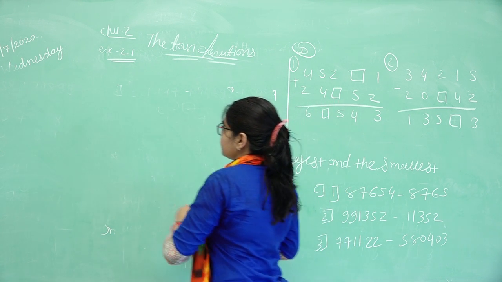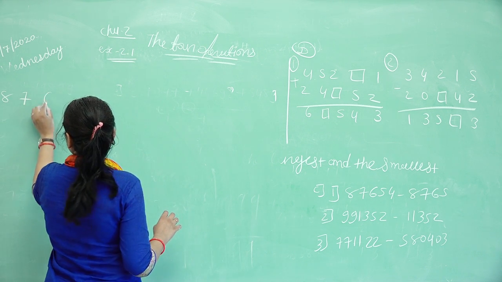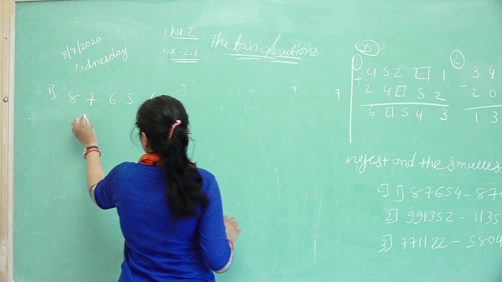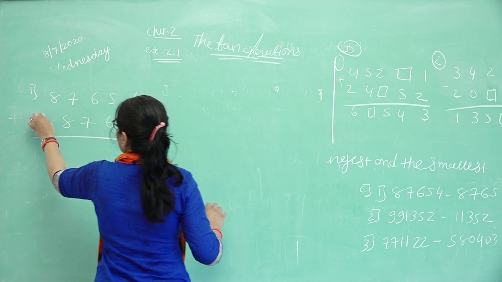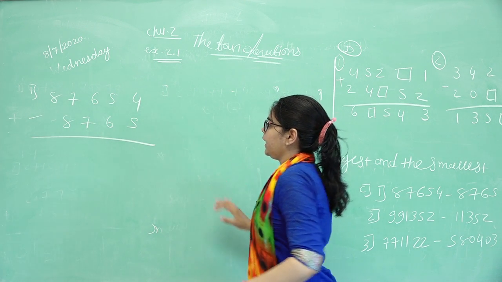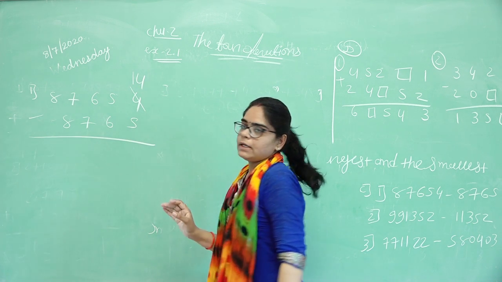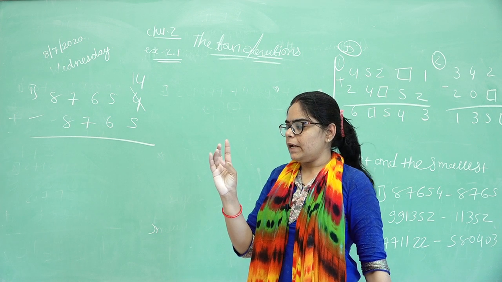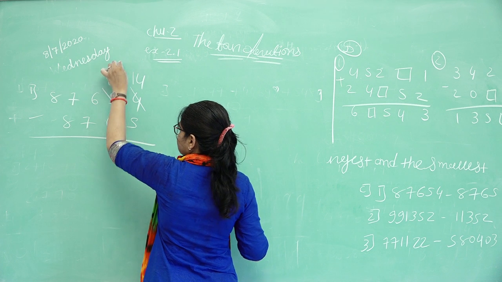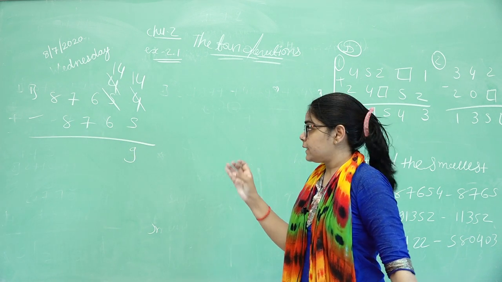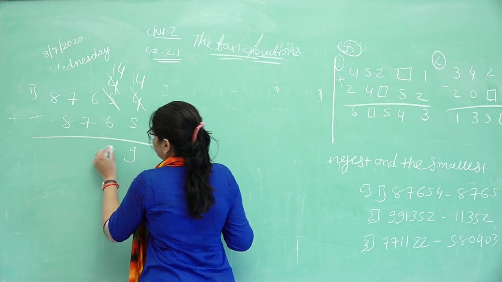Question C, our first example is there. 87,654. 4 out of 5 is not possible. Okay, so 4 is the place of 14 here. 14 out of 5: 6, 7, 8, 9, 10, 11, 12, 13 and 14. 9 here, 5 will be cut, and 4 out of 6 again not possible, so 14 out of 6: 7, 8, 9, 10, 11, 12, 13 and 14. 6, 7 and 8 here.